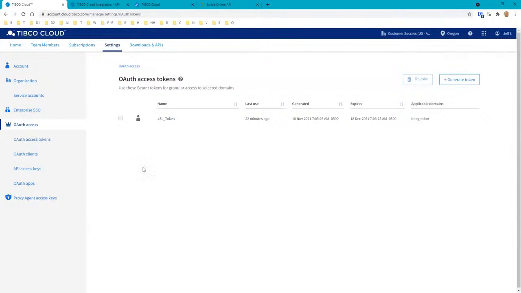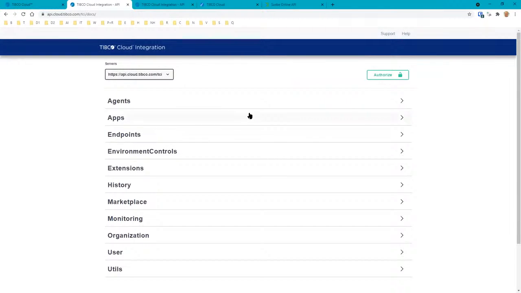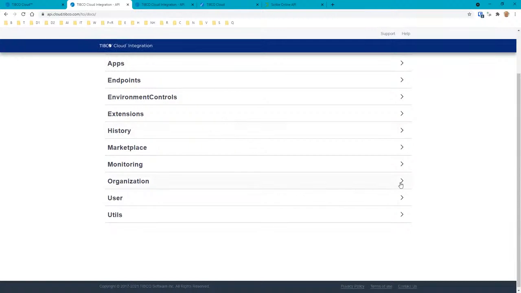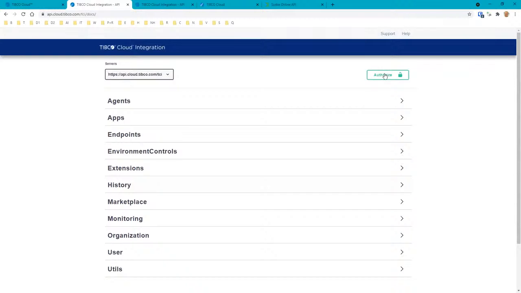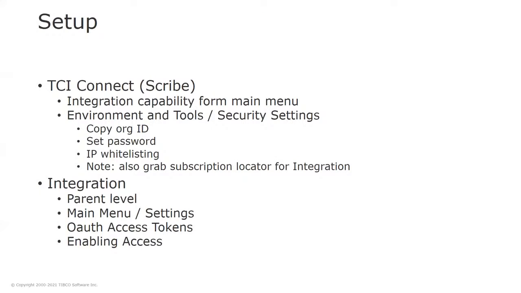Okay, and then what you want to do is head over to the API page here. This is where we're going to access the integration API. If this is the first time you're using the API for an organization, you should go over to our Swagger page here. First you're going to set up the authorization and use that. I'm not going to enter in the bearer token here. I'll bring it over to a different screen first. Give me a second. All right, and then what we're going to want to do is use this bearer token